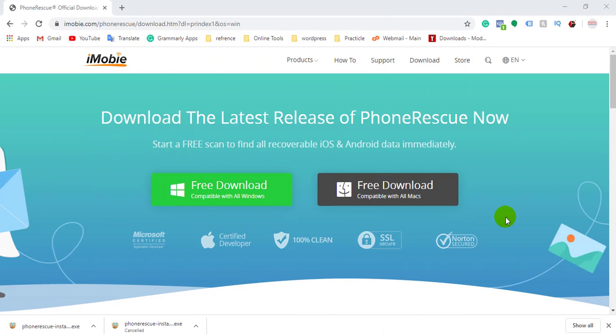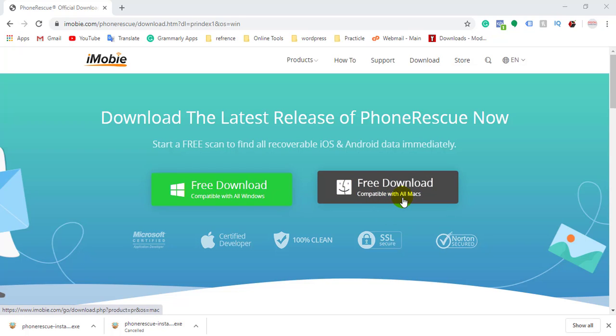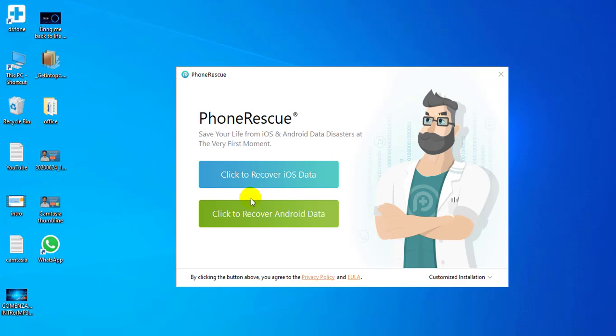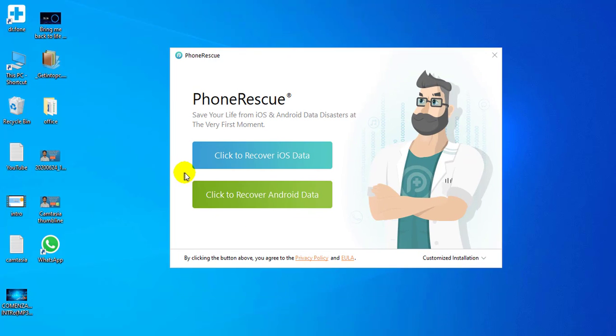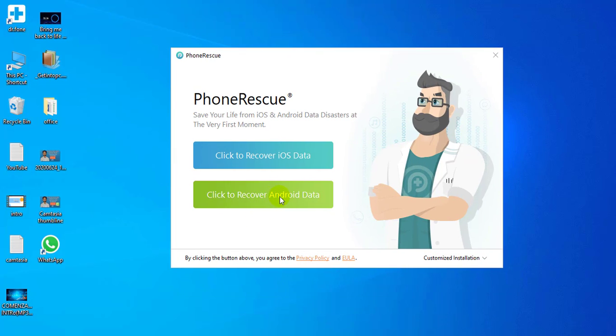And now I have connected my smart device with my laptop, and you need a small software to recover your data, iMobie, and I will give you this software link in my description. From there you can download it for Windows, or as usual for your Mac device also. I have already downloaded this software for the device from which you want to recover the data. Now I want to show you that for my Android device, so I am installing the Android version. Or if you have an iOS device, then you can choose the iOS option and install that software.